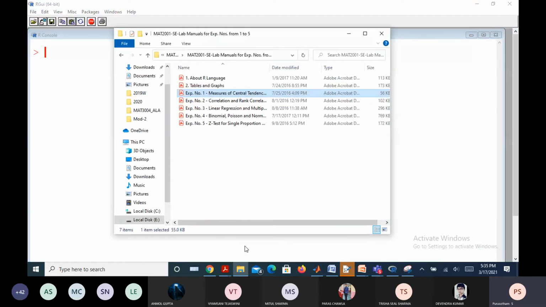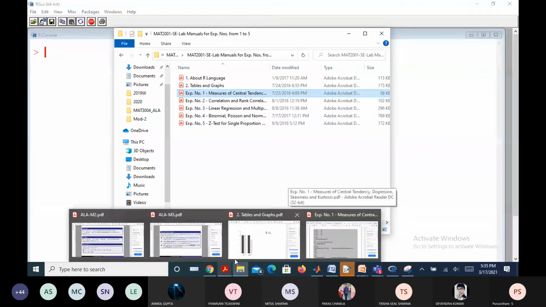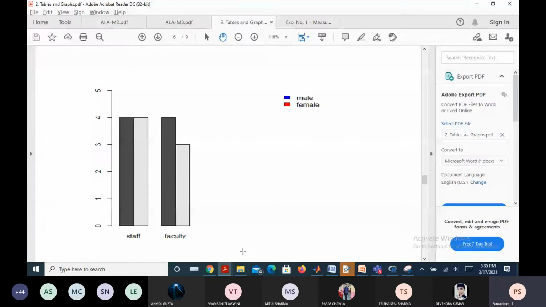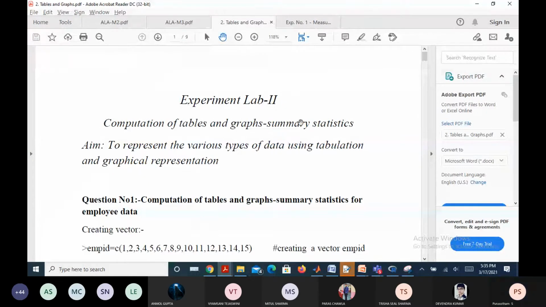Creating tables and graphs. And then, followed by that, we go with the central measures, whatever the measures we discussed. Yes, sir. If time permits.